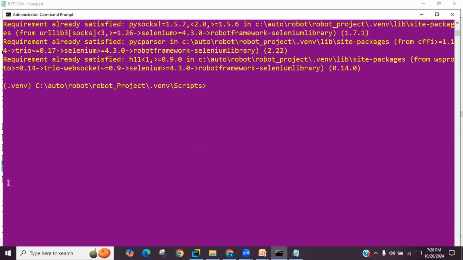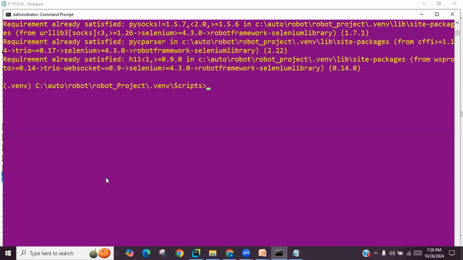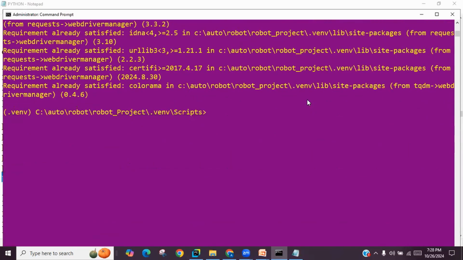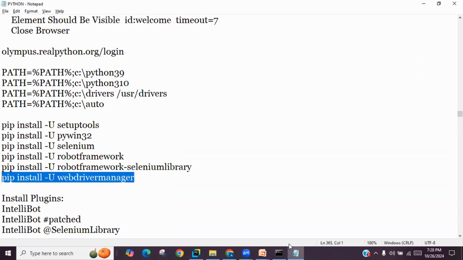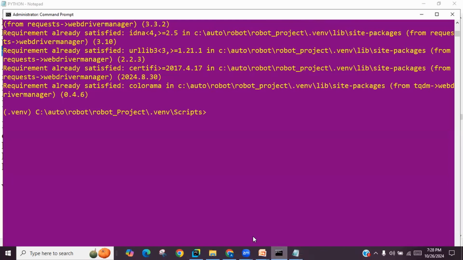And the final, WebDriver manager, because it's using a driver file to automate the open. So we'll just upgrade that, also is satisfied. So all looking good. These plugins are for PyCharm. These are some of the plugins which have to be loaded. Now, so this seems to be okay. So we come back to